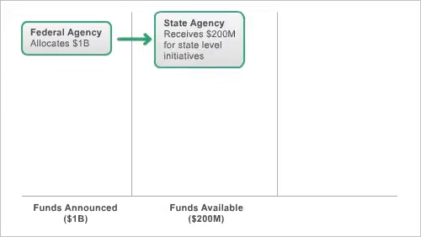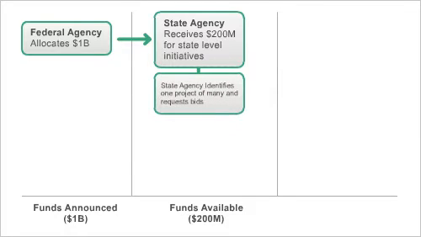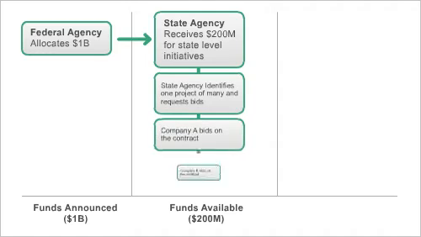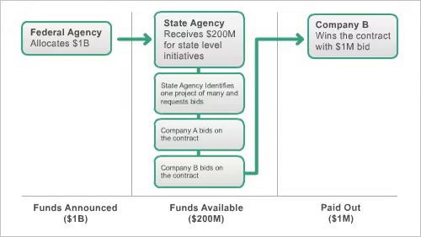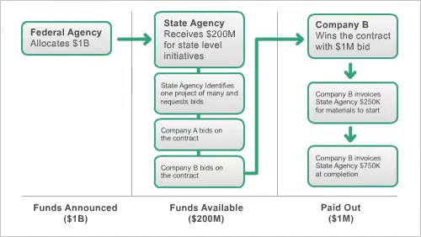When a state receives notification from a federal agency about the amount of funds it is to receive, the state selects projects to finance with that funding. Once projects are selected, the state issues a call for bids from contractors to carry out the projects. The winning contractor, now a recipient of recovery funds, is paid only after invoicing for work done or materials purchased.